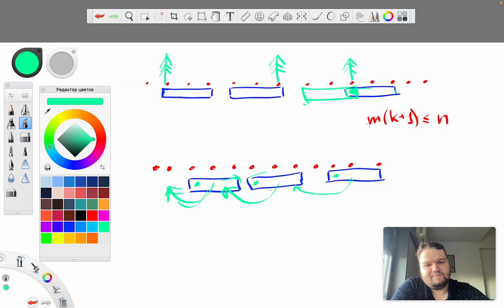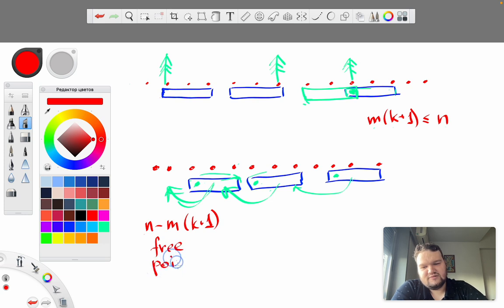So we know m, we know k, we know n. Here are segments. Each segment takes k plus 1 points. So there will be n minus m times k plus 1 free red points left. So I'm saying that we have this many free points, and